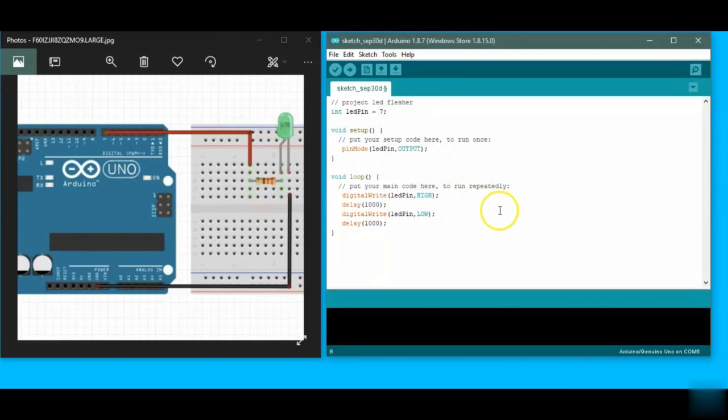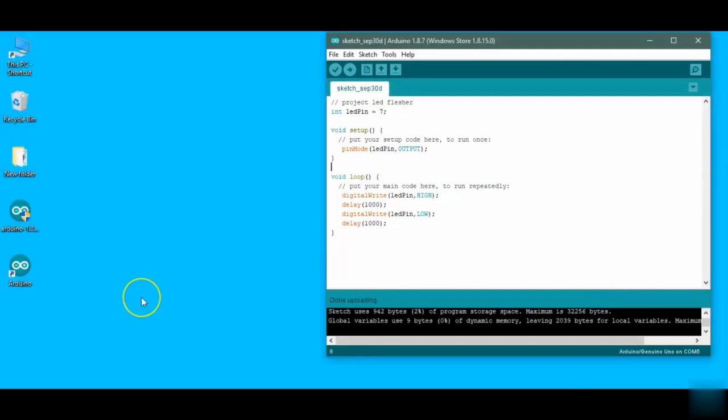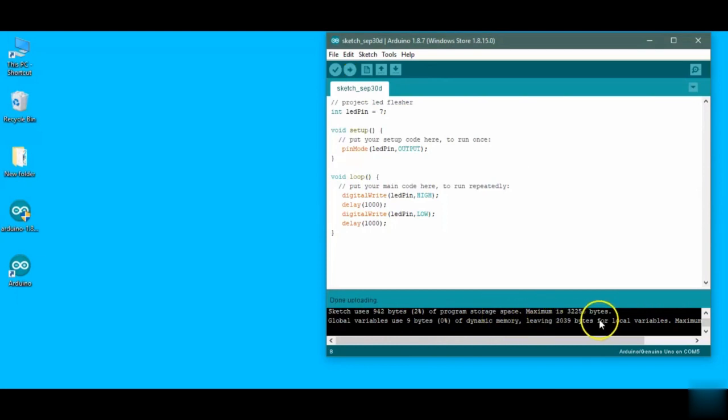Now we will put this code on the Arduino board and then try our sketch to see whether it's working or not. So now here I have connected the board to the PC. Now when I click upload, it starts compiling the sketch and uploading, and showing here my code has used 3 KB and 256 bytes. So now the code is uploaded on the board.